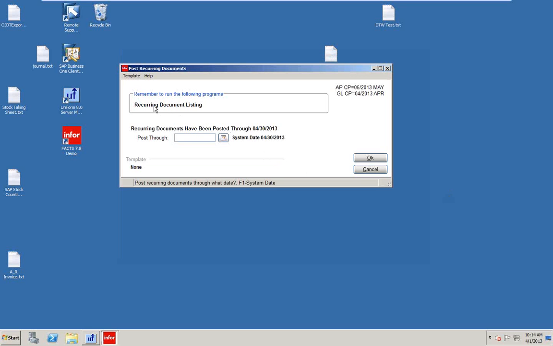So let's go to the recurring posting. Again, it tells you here, remember to run the following, the document listing, which we did. You can see that our AP current period is May. All right, GL is still in April. Okay, but we've done this. So here we're going to put in